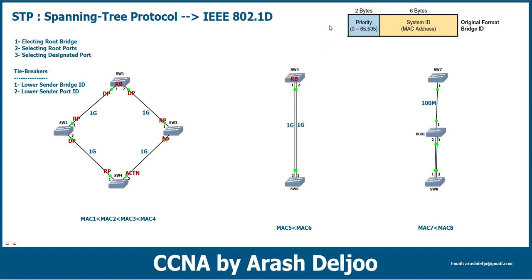But we also have another definition. We call it the port ID. What is the port ID? Each interface, for example interface FastEthernet 0/1, has a port ID. We call it PID, or port ID. And again, here we have a formula. First, port priority, then colon